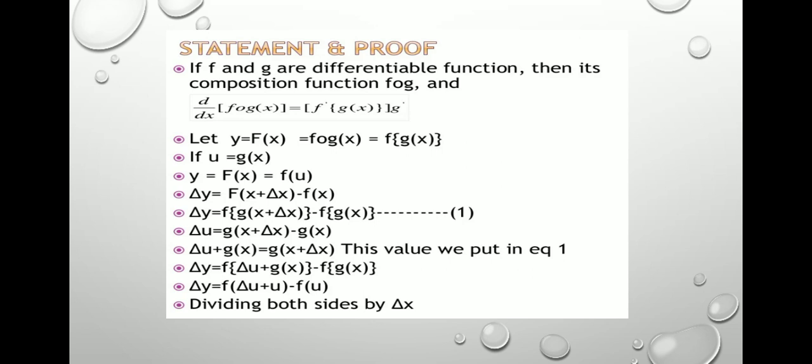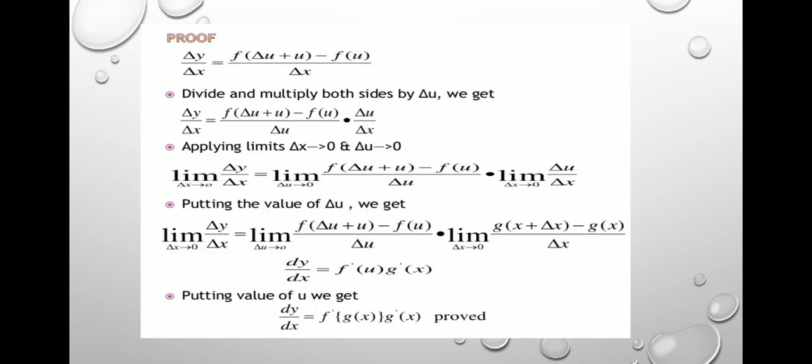Δu + g(x) is equal to g(x + Δx). This value we put in equation 1. Δy is equal to f(Δu + g(x)) minus f(g(x)). Δy is equal to f(Δu + u) minus f(u). Dividing both sides by Δx, the proof is Δy over Δx is equal to f(Δu + u) minus f(u)